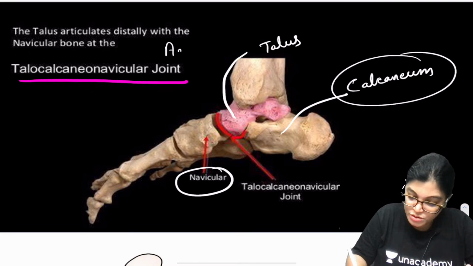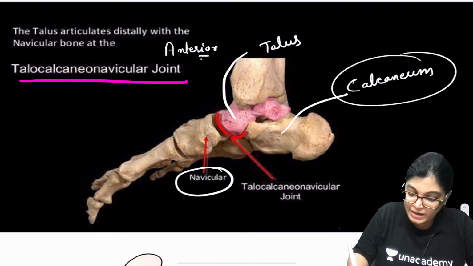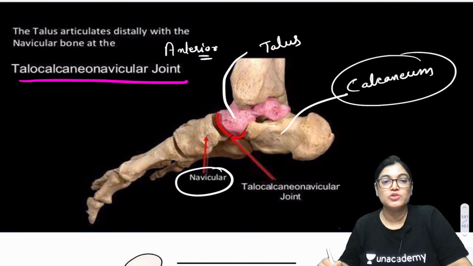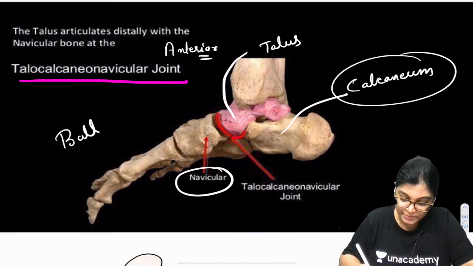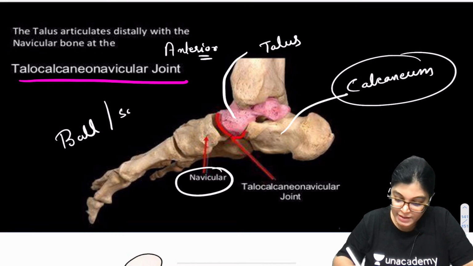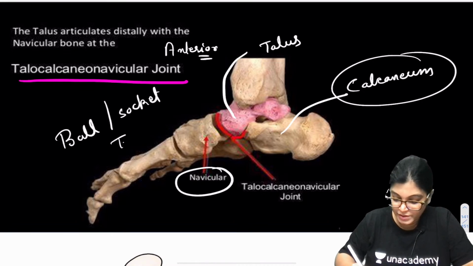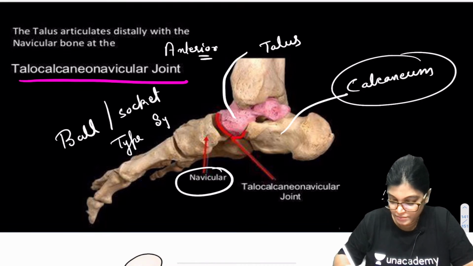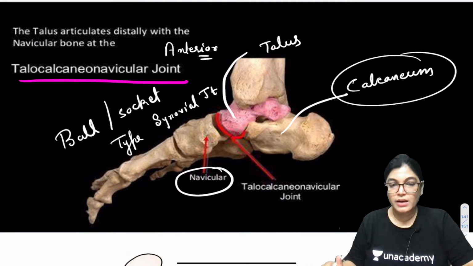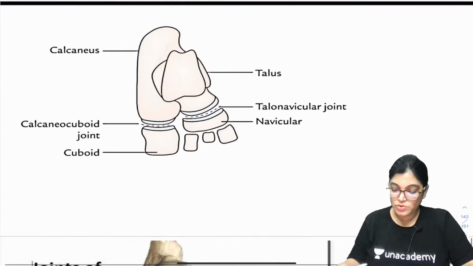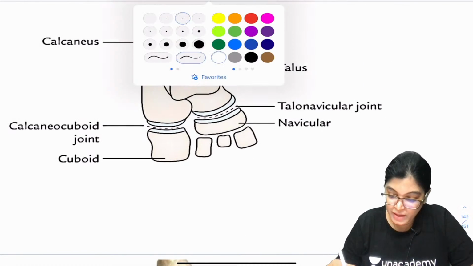What term can you use? You can use anterior talocalcaneo-navicular joint, and roughly it is an example of ball and socket type of synovial joint. Yes? Okay. So, I would also like to show you another diagram where I want to explain